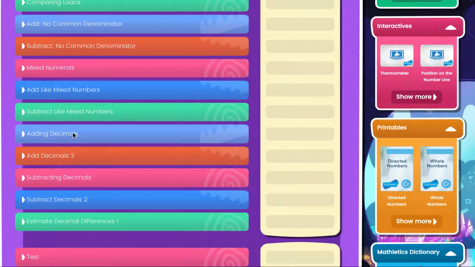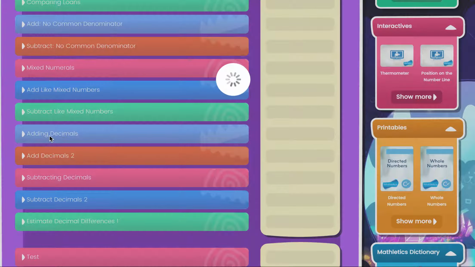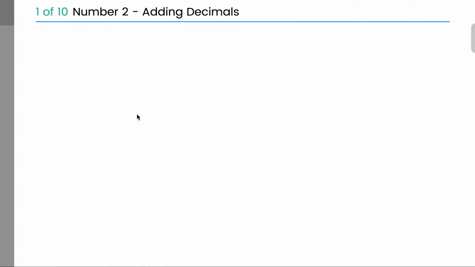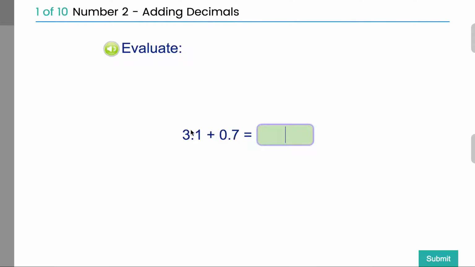This video is for the adding decimals and adding decimals to activities. They're both very similar, so I'm just going to show you a couple of questions from each one. And basically these questions are just using your numeracy toolbox strategies that you would have learnt on the other side